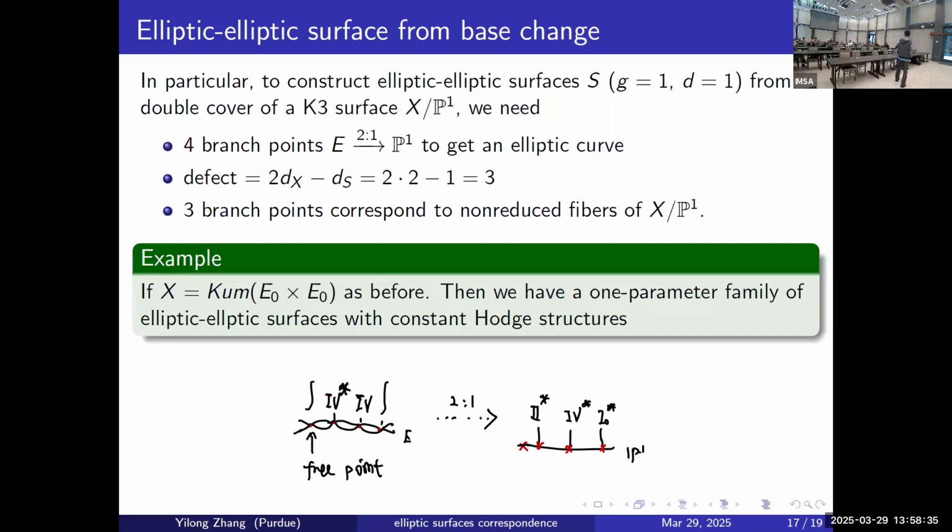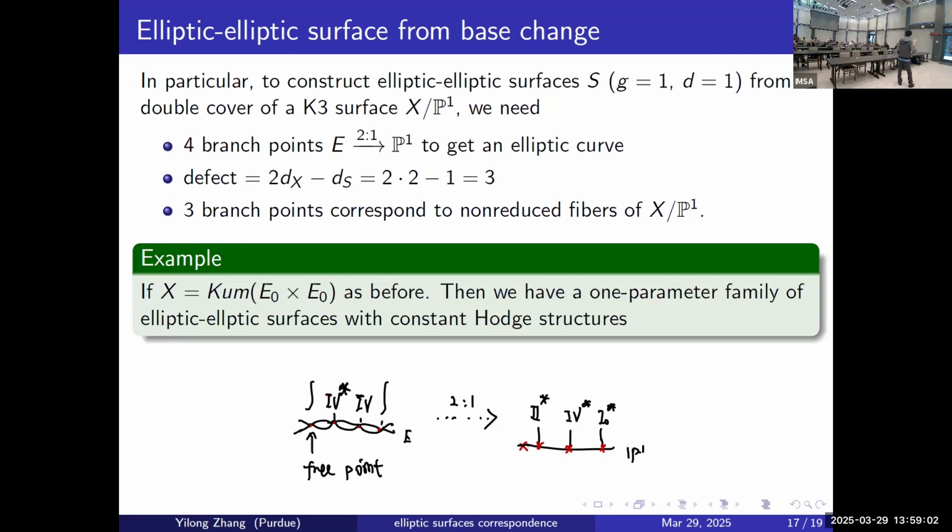So here I'm also using the Roman numerals with the original Kodaira classification notation. You take the 2-to-1 double cover and branch at 4 points. So here the 3 points are at the base of the single fibers. You have a very last point,